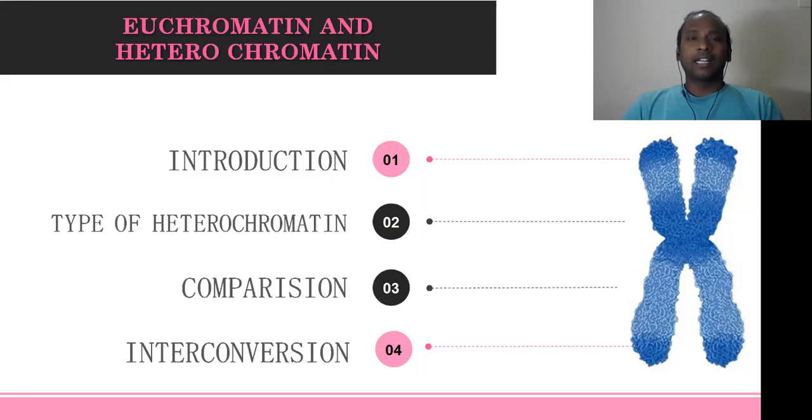I am also going to discuss the types of chromatin, because that is important and we should understand it. In the third aspect of this lecture, I'll give a comparison between euchromatin and heterochromatin, and then finally I'll give their significance and conversions. This is also important. Euchromatin and heterochromatin are not always static. There will be interchange, which is possible with the help of certain proteins that I'll also discuss here.